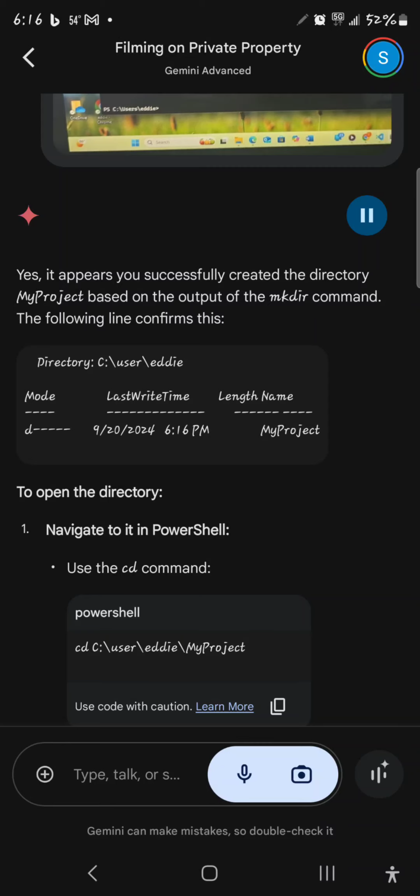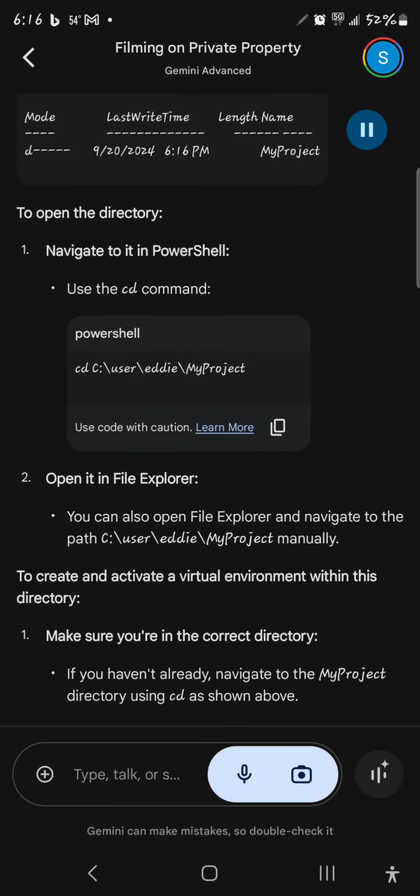To open the directory: 1. Navigate to it in PowerShell. Use the cd command, PowerShell, cd c users ready my project. 2. Open it in File Explorer. You can also open File Explorer and navigate to the path c users ready my project manually. To create and activate a virtual environment within this directory: